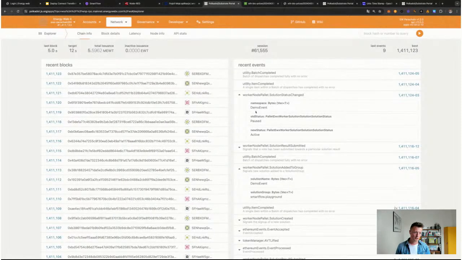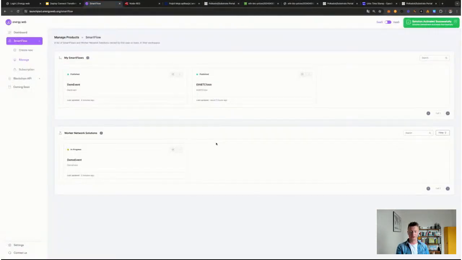And maybe one more thing. As you see, we have a new event, that demo event, old status was paused and new status active. And again, in a couple of minutes, we should see the submission results from those workers. And that's more or less the first part of the demo. So you see that you can control the solution, you can deploy it, you can create a logic, you can activate it, pause it, and determine the details. And now I will jump